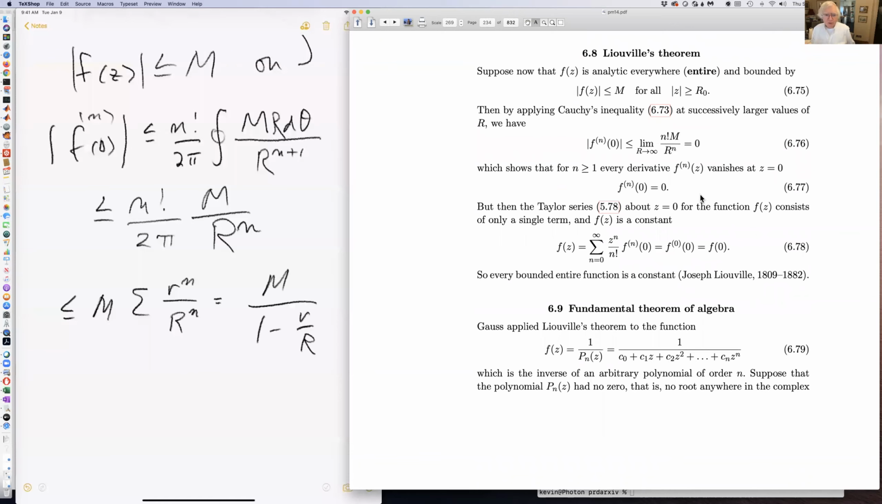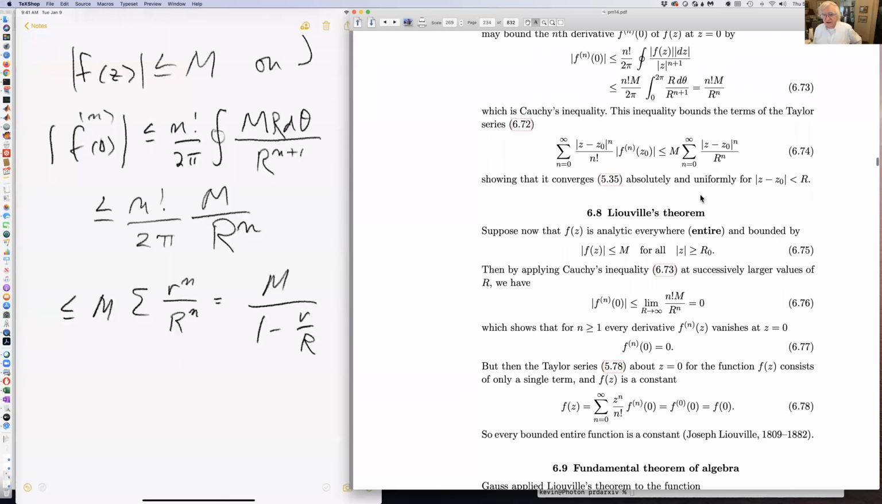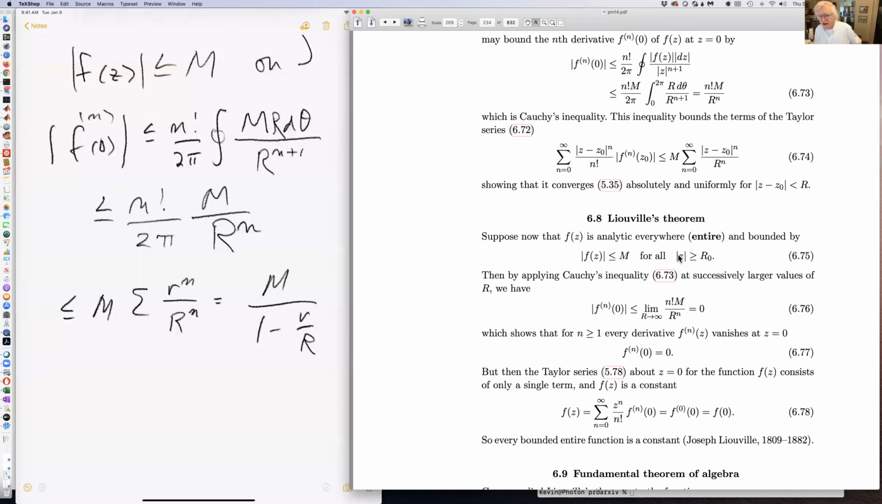And now we can go on to Liouville's theorem, which is an application of Cauchy's inequality. Once again, we're making an assumption. Now, this f of z isn't the same as this f of z. We're saying something kind of crazy about f of z: that it's bounded outside a disk. So for all z with absolute value of z greater than or equal to R0, we're saying that f is